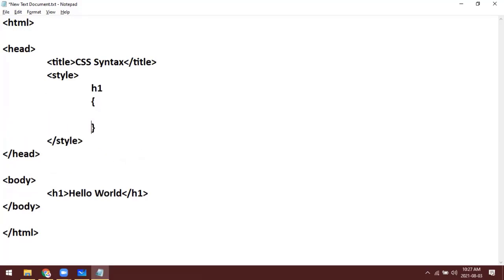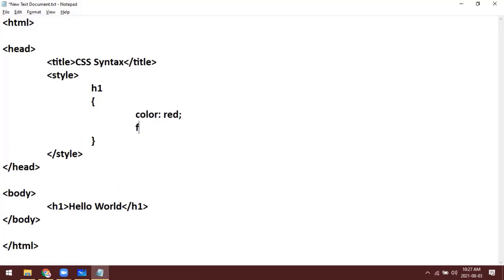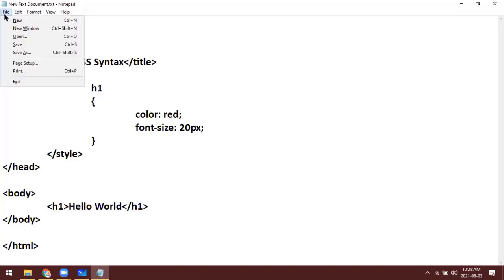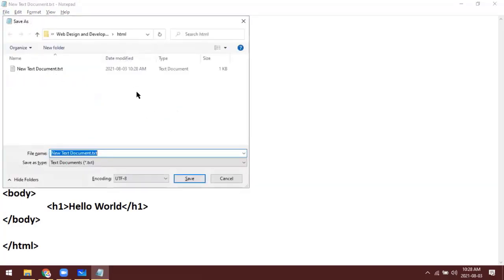So now the curly bracket, and then I want to make the color red, and I want to make the font size 20 pixel. Now let's save this as CSS syntax.html.